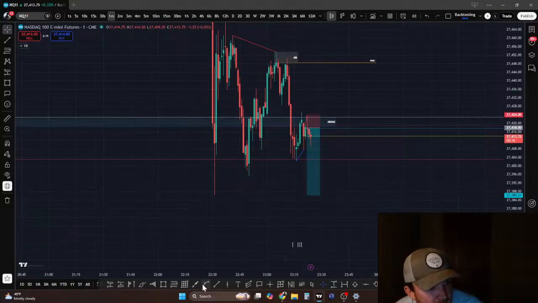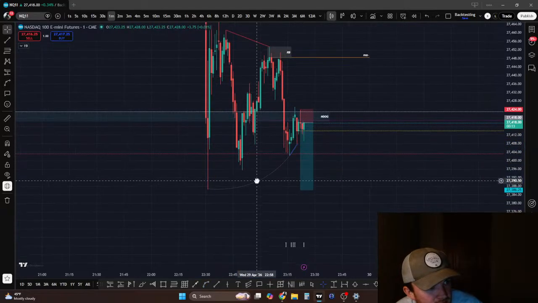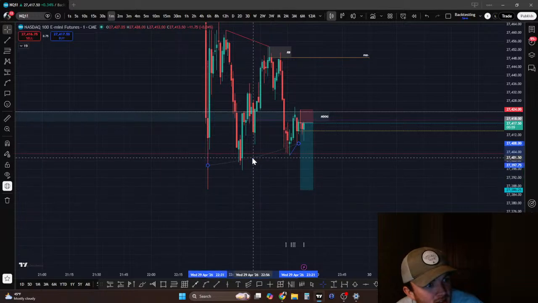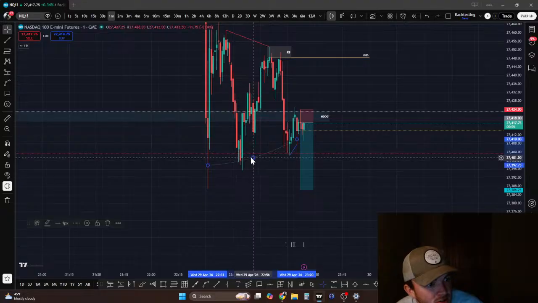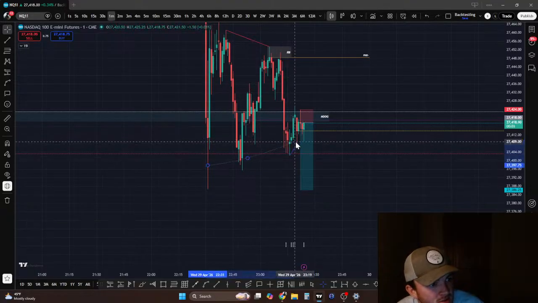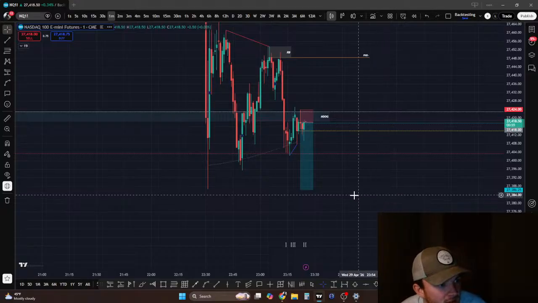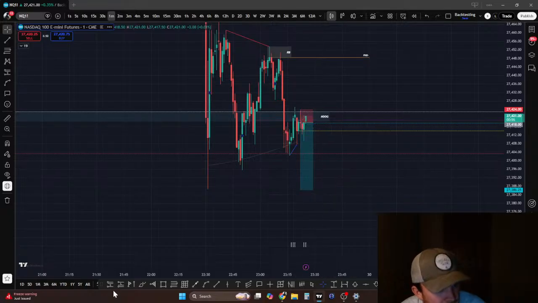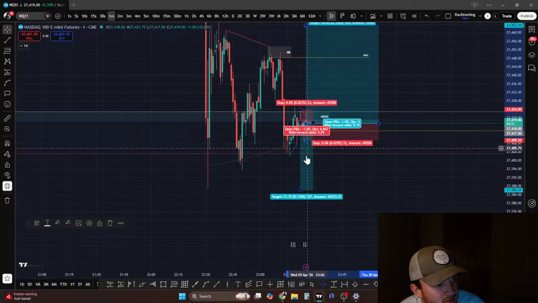Is time and price aligned to go run these lows? I don't know. I mean, it might. I just have no idea right now what it wants to do, for sure. I don't feel like doing anything. We just got an outside bar up, so it might go up now, right? This could deliver us up. An outside bar just formed to the upside.